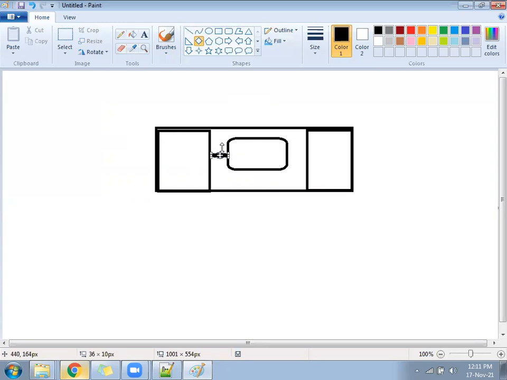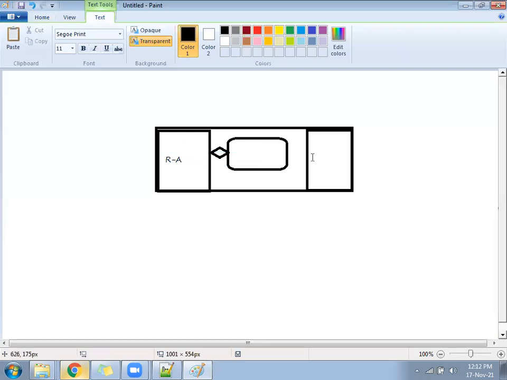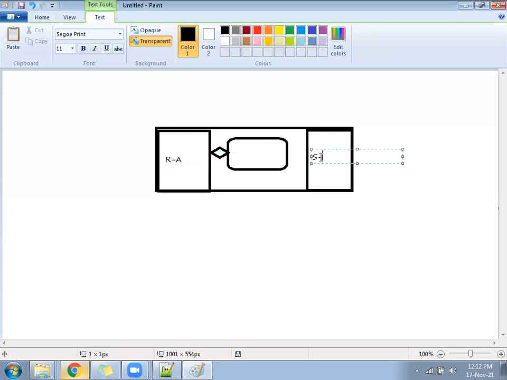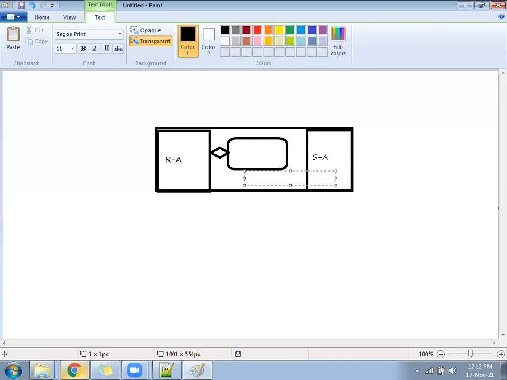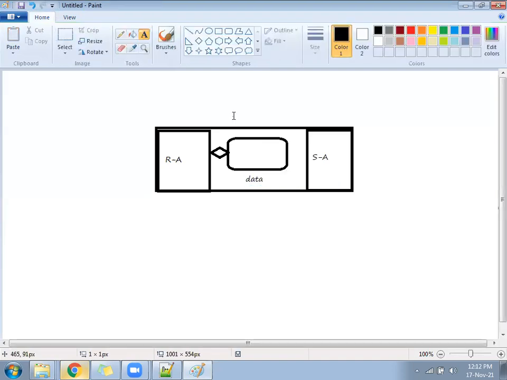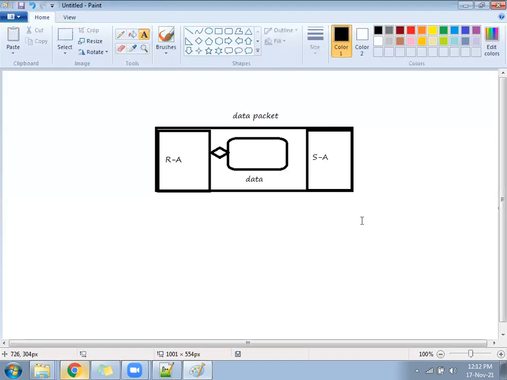The data is encrypted. R is for receiver address, and this is the sender address, and in between we have the data. This entire thing is called a data packet. It will go to the receiver.